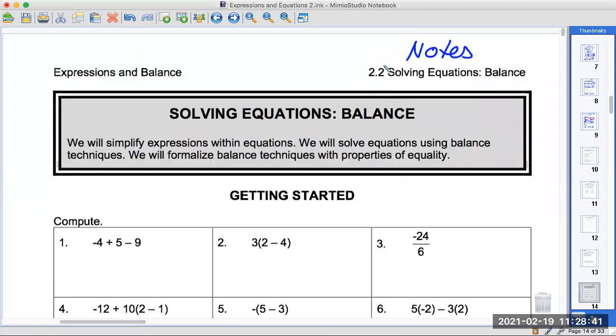Solving equations with balance. So think of an equation. Remember, an equation is two equal expressions. So you have something on one side and something on the other side of an equal sign. This is the left side, this is the right side, right? And whatever is here has to balance whatever is here, like a scale. Think of it as a scale. So you have something on the left side and something on the right side, and this is your equal sign here in the middle. And if you put something on this side that makes it heavier, it'll tilt it downward. If you put the same value on this side, it'll bring it back up to balance. Think of that as an